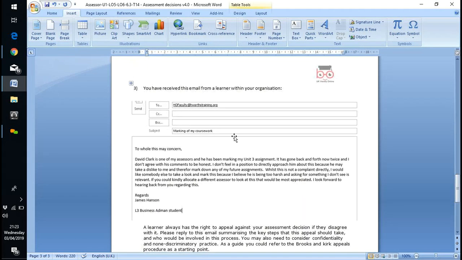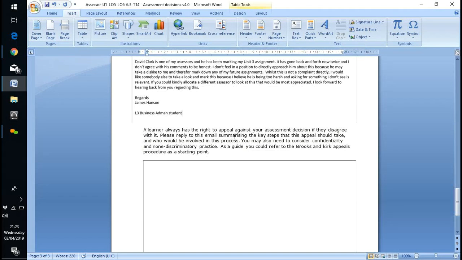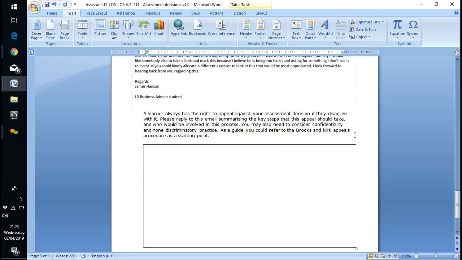Right, okay. A learner always has the right to appeal against an assessment decision if they disagree with it. Please reply to the email summarising the key steps in the appeal procedure and who will be involved in this process. You may need to consider confidentiality and non-discriminatory practice. As a guide, you could refer to the appeals procedure, but what I would say there is